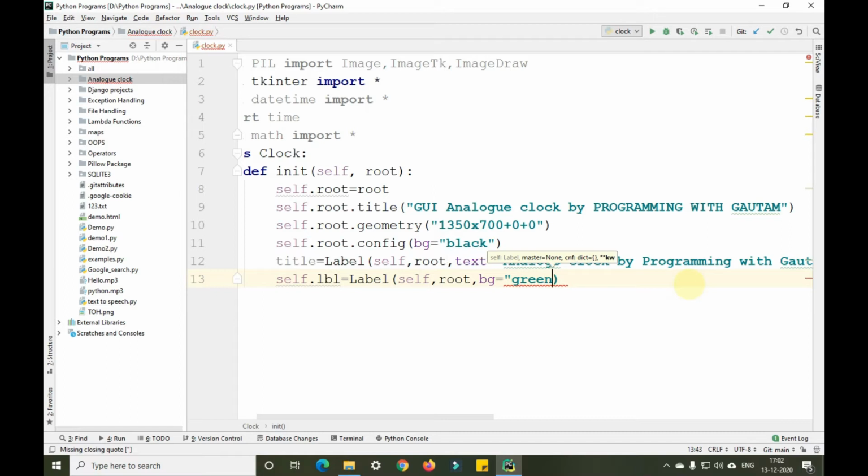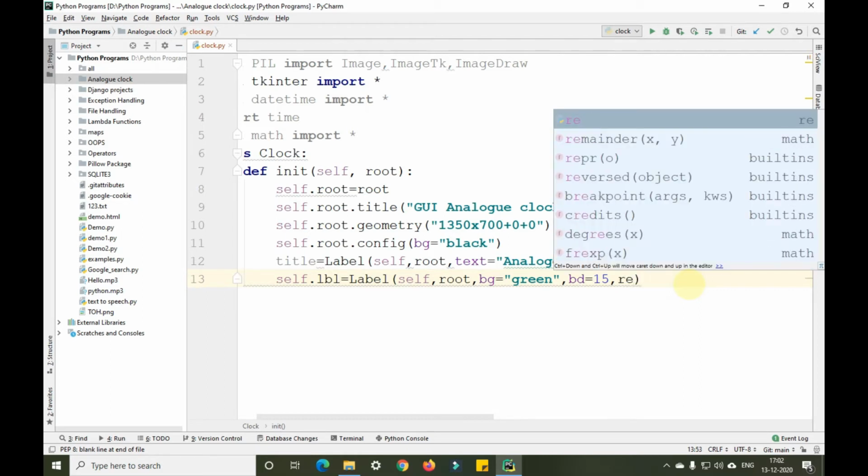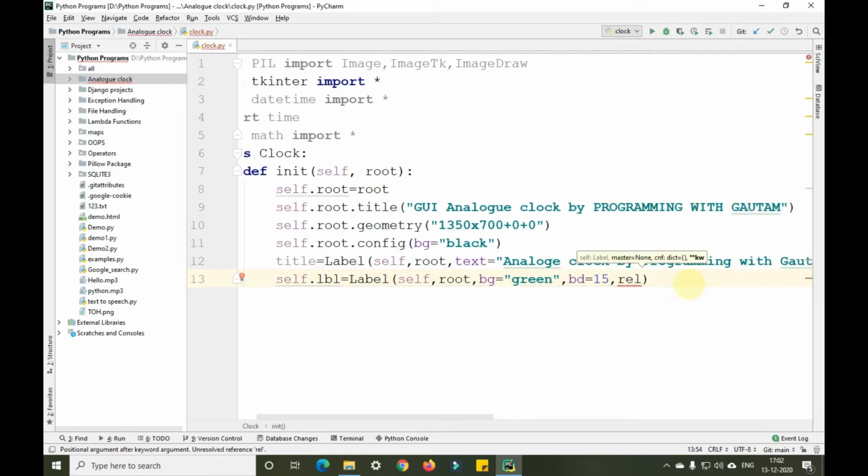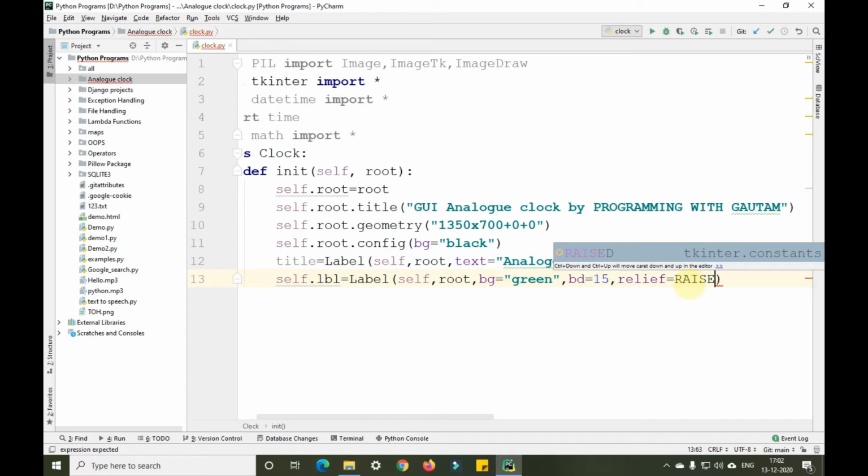I'll be explaining it once I complete the project, so that you'll understand it in a better way. Comma, border bd equals 15, comma relief equals RAISED.